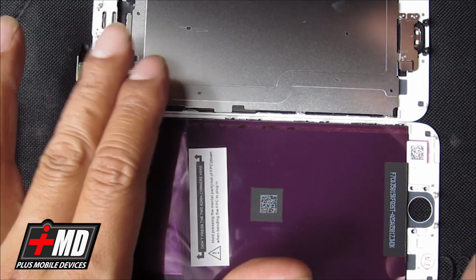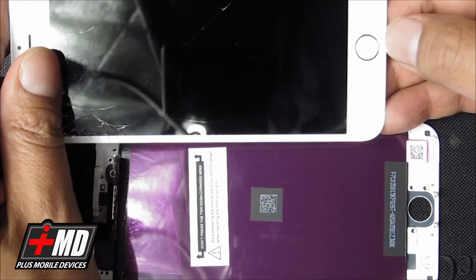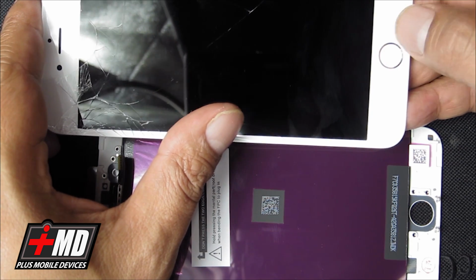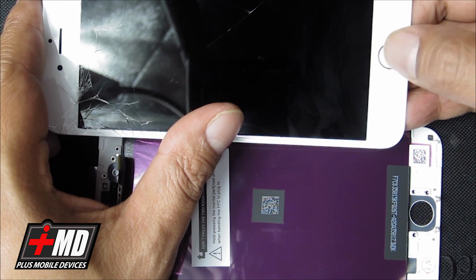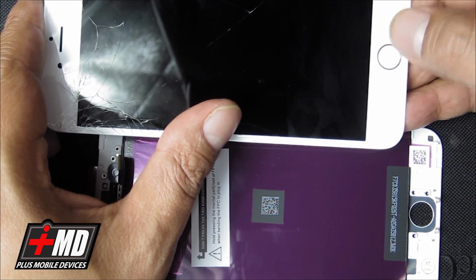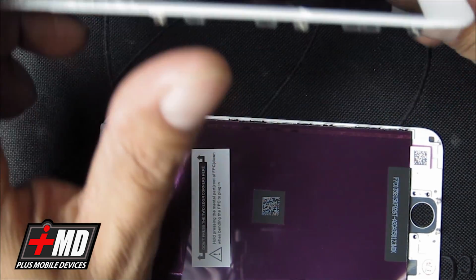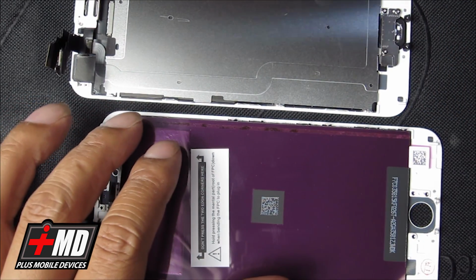Okay, and the thing about this fingerprint, these buttons here, they are actually especially paired for the phone. So what you don't want to do is get a different one that is not paired for the phone, because each of these buttons is actually serialized to the actual logic board. So in order to get the fingerprint to work, you'll need the original. So what we need to do is always use the original components. So let's go ahead. Now that we have that,